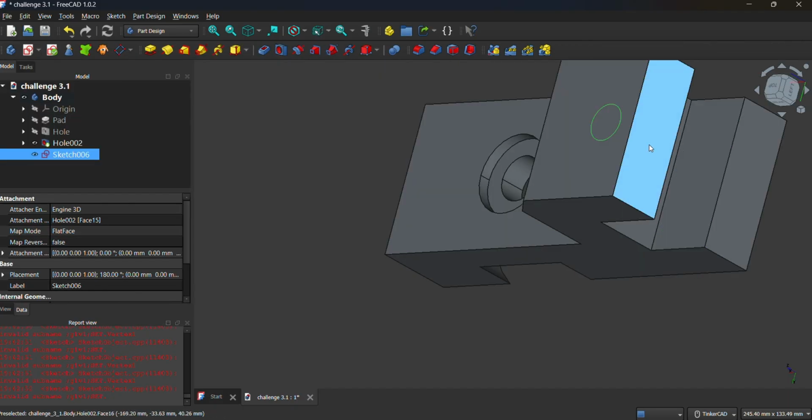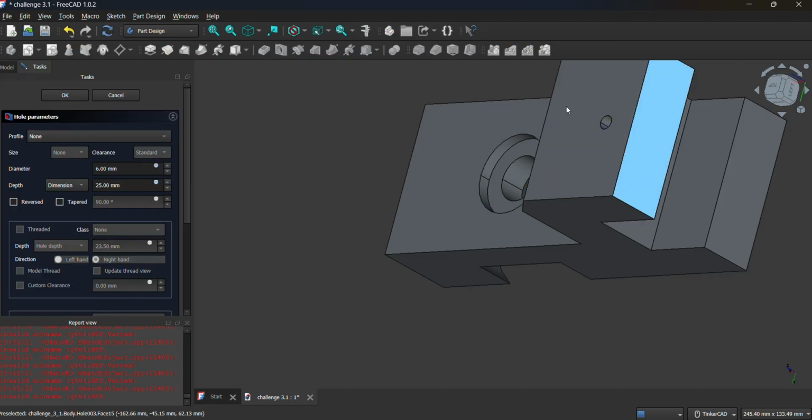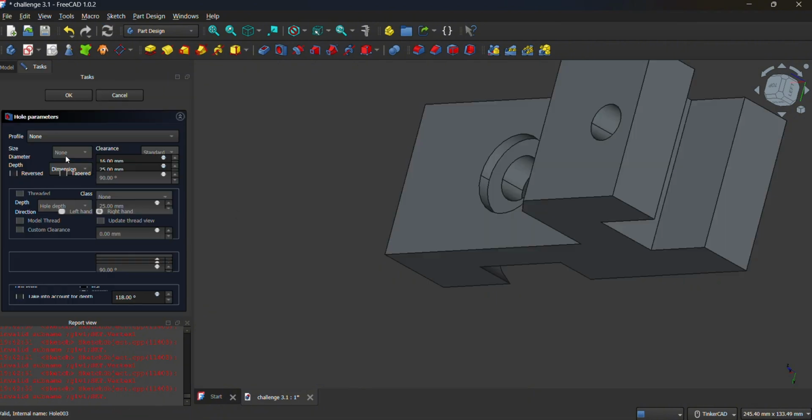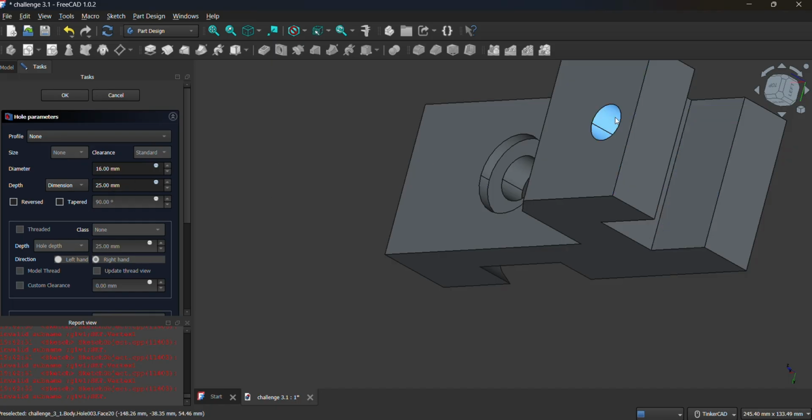Now, click close and then click hole. Okay, see, the hole by default is 6 millimeters in diameter, but we need 16 millimeters. And that's it. I click again the OK. Let's go back because we're not done yet. Okay, now notice that it's 25 millimeters, good, because that's the exact thickness or depth of this side of the